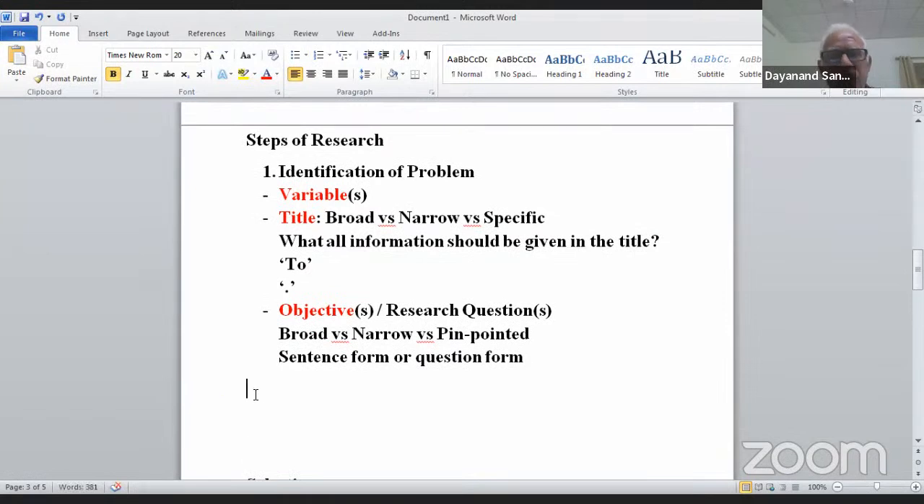So anyone of you like to tell me what is a variable? Variable refers to changeable characteristics. The characteristics which can change will be the variable. Examples: